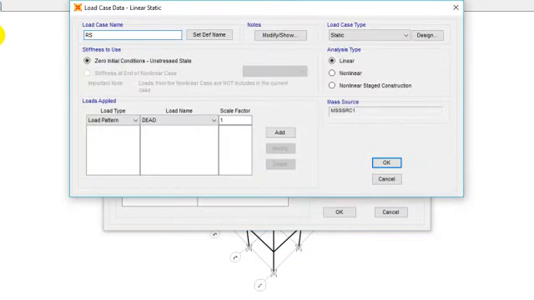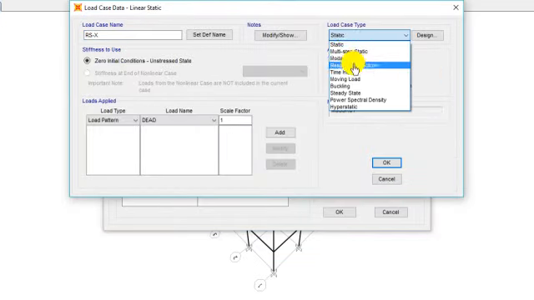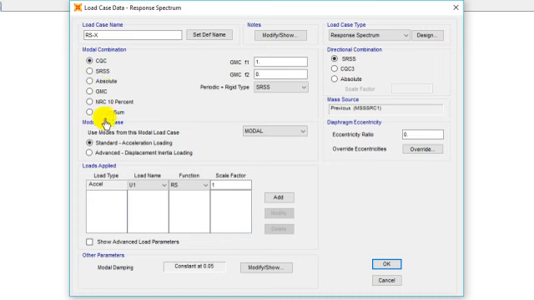in response spectrum in x-axis. Change this one to response spectrum. This is only given in IS code, that is complete quadratic combination, and square root of sum of squares. So how the responses will be calculated is what is given here, and absolute sum. So this is what is explained.